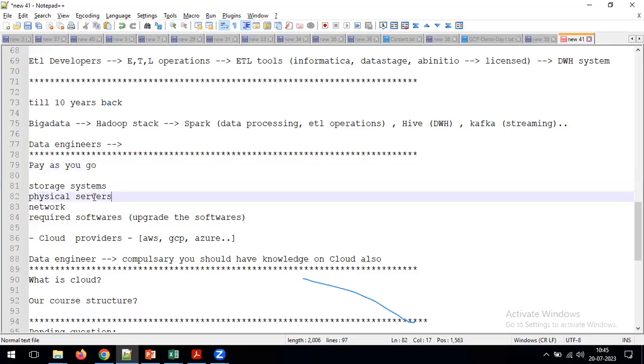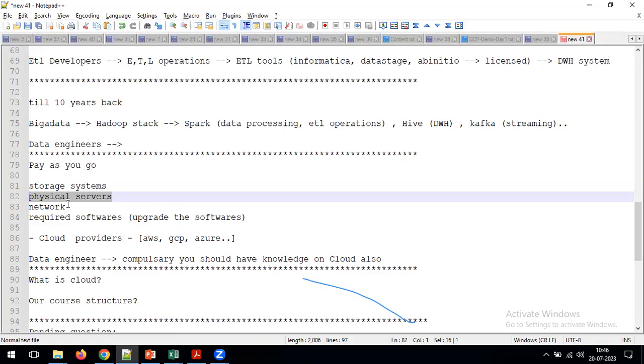But if you are going to maintain the physical servers, what you need to do here, you need to purchase all the servers. For example, today you are purchasing 1,000 servers or 2,000 servers, but tomorrow you don't have the requirement of those many servers. Can we sell all these servers again? No, right? But if you are going to use the cloud, whenever you want, you can turn on the 1,000 servers. Whenever you don't want, you can switch off around 500 or 600 servers. Whatever number of servers are required, we can maintain only those many servers. That kind of feasibility is available in the cloud.